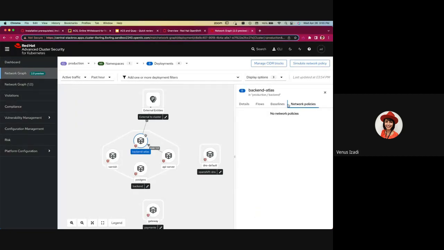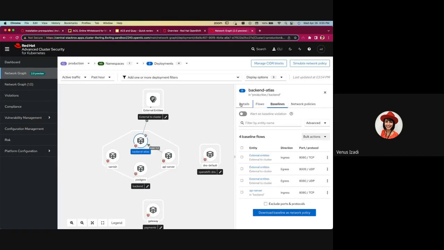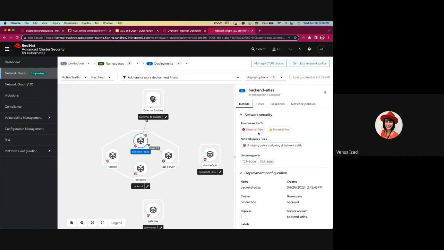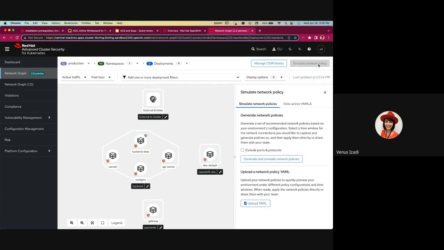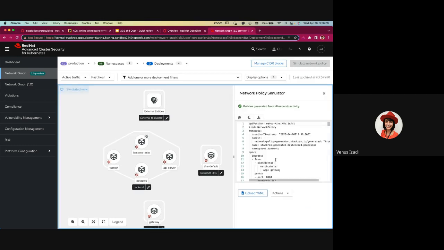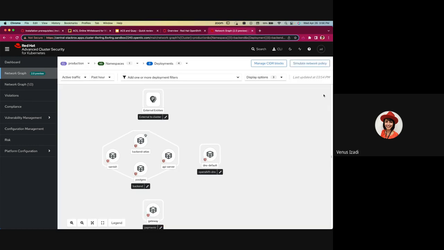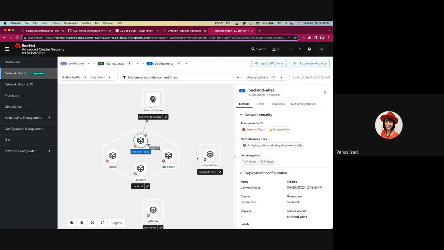And your network policies, for example, you want to create a network policy, which, as we talked about, is very important. What you can do is just come here, click on simulate network policy, and click generate and simulate network policy. And it will create this policy from all your network activities. And that is pretty much